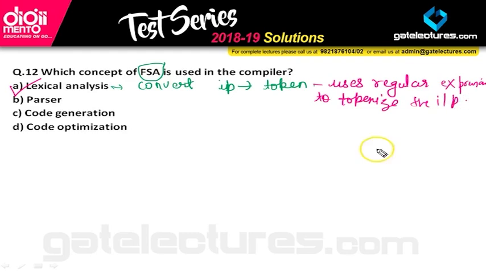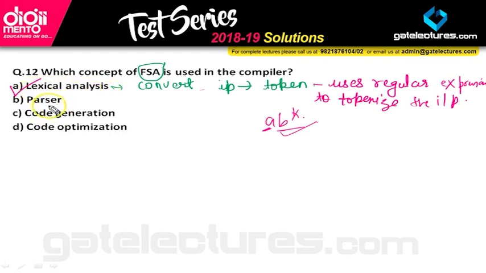For a particular string, we check whether it follows a rule like AB star. The first should be an alphabet, after that we can give any number. So those are the kinds of rules. That's why it uses regular expressions, and lexical analysis, which is used to tokenize our input, uses regular expressions for its work. That's why it is lexical analysis.